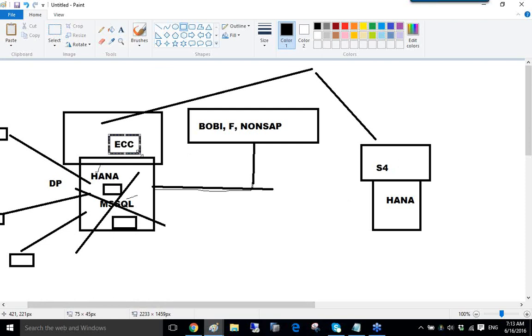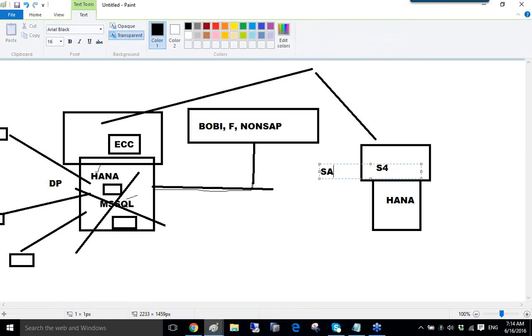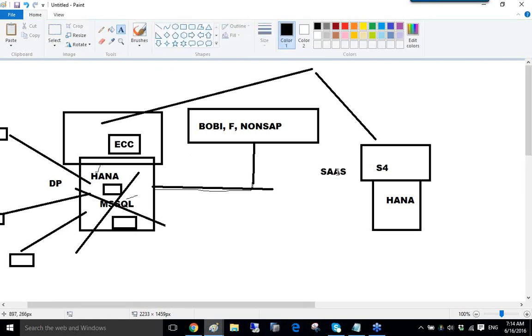Not only this, they simplified the solution very much. And the second thing is, ECC is an on-premise solution, but S4HANA is a cloud-based solution. It runs as software as a service. So what do we mean by on-premise and software as a service, which is known as SaaS? So the simple difference between